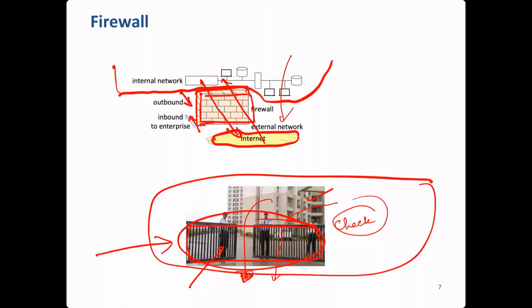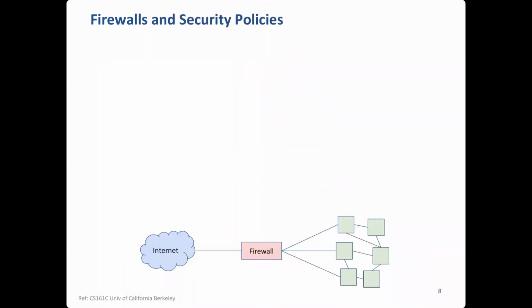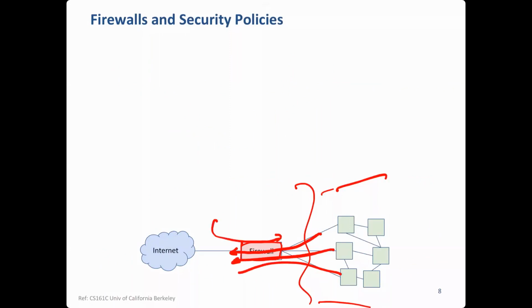Similarly, here the firewall looks at all IP packets. They can look also inside, whether it's TCP, UDP, and all that, and based on some rules it allows. All right, so we have this firewall node, and this is the organization network, and everything has got to pass through this firewall, all outgoing traffic and all incoming traffic as well.